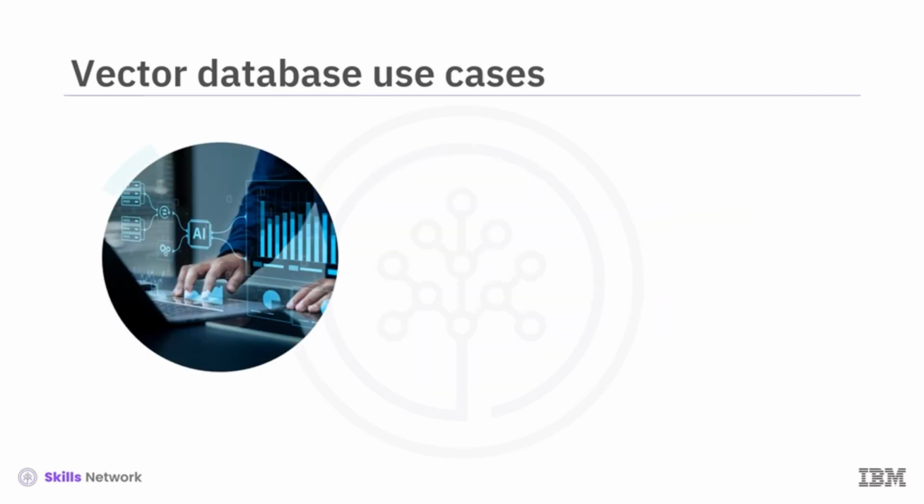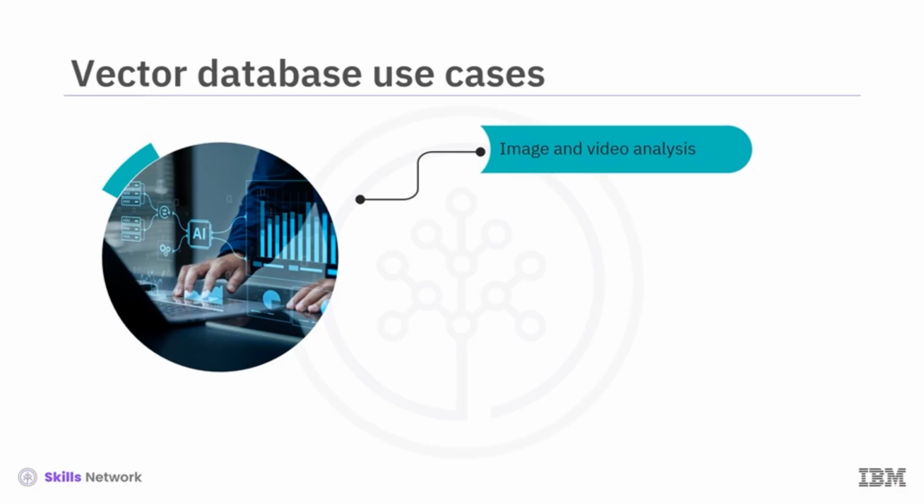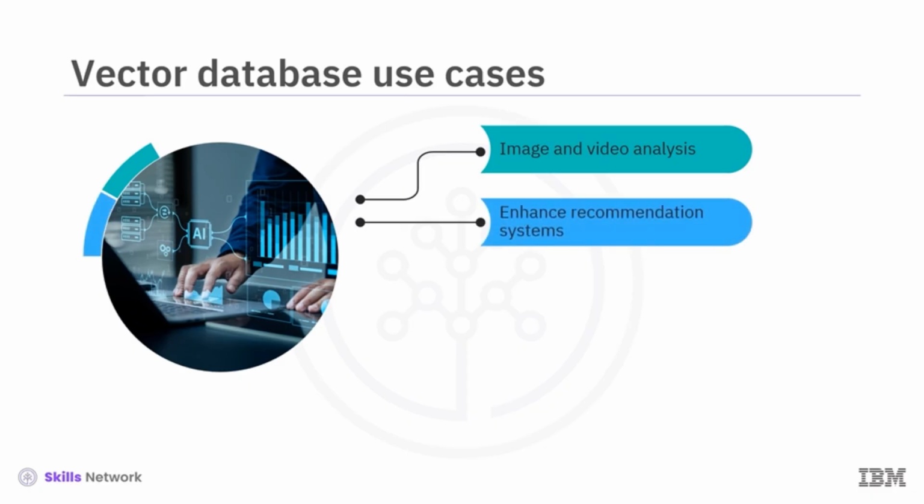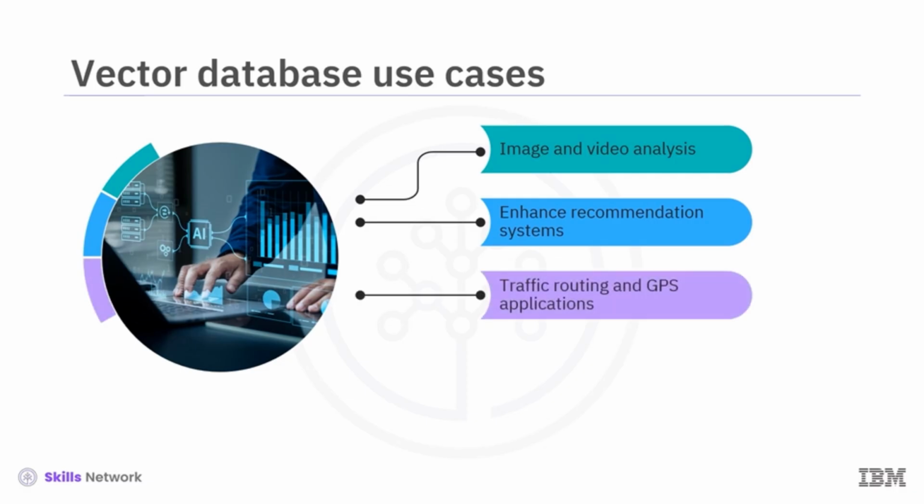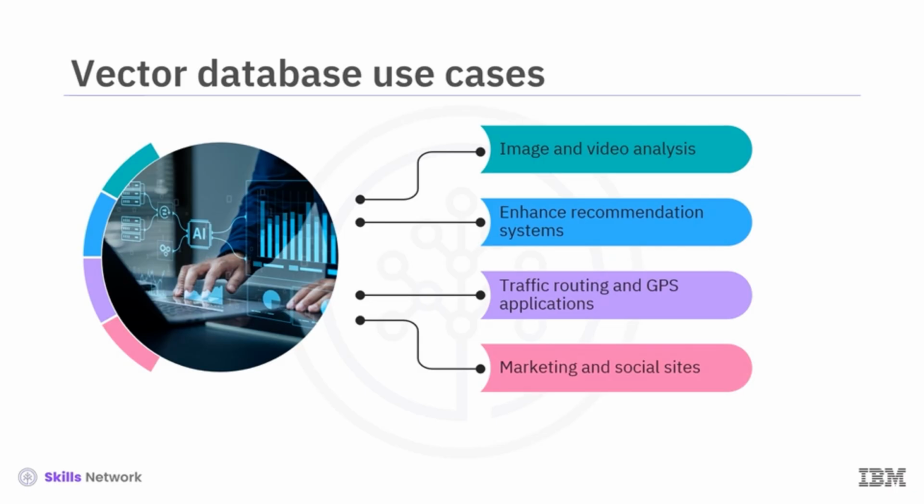You can use vector databases for image and video analysis, including feature aspects, similarity searches, and real-time data processing. Vector databases can also be used to enhance recommendation systems. GPS, fleet management, and real-time traffic routing suggestions are built on vector database geospatial processing capabilities. Vector databases enable marketing and social sites to scale resources to manage user profiles, deliver trend analysis, and optimize their